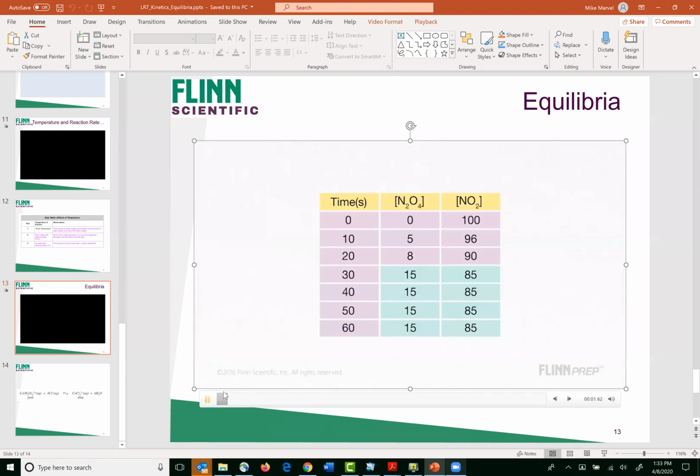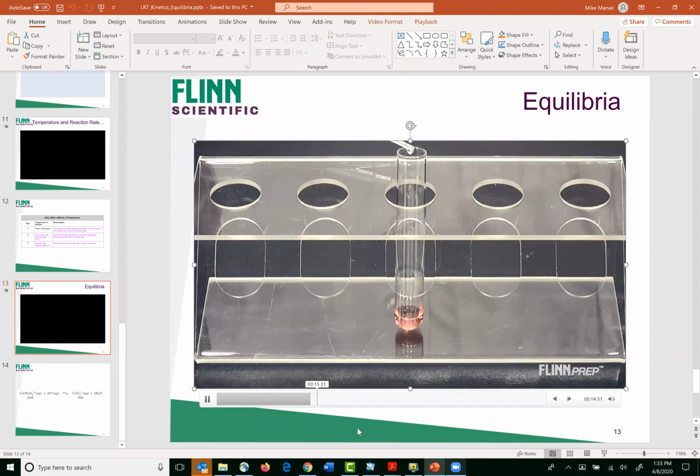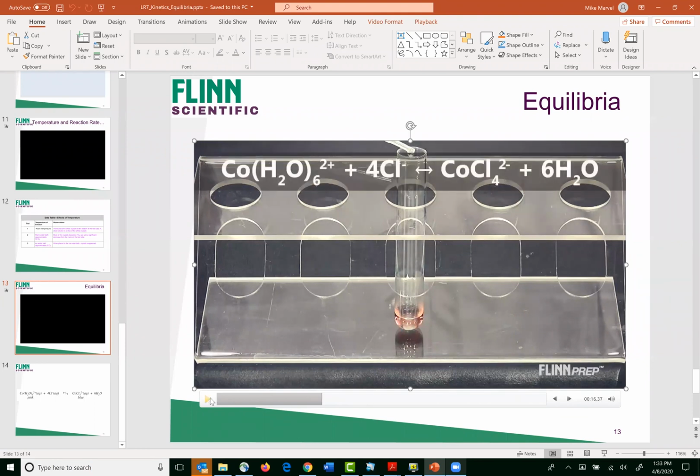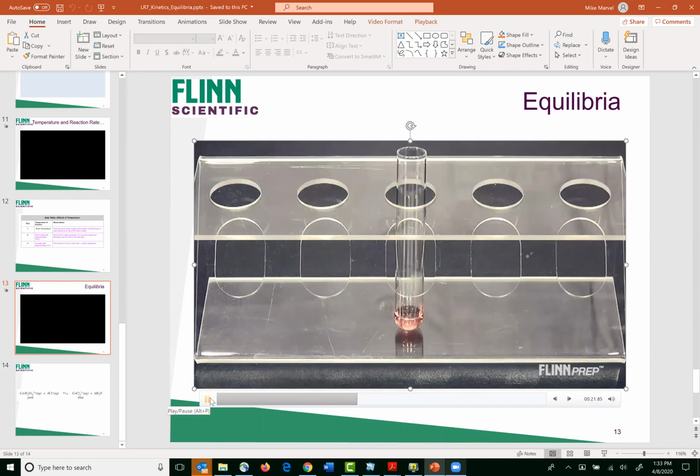You just saw data on an equilibrium. Let's look at an example of an equilibrium. So this is our cobalt equilibrium, and we're going to subject it to some stresses. It is an equilibrium reaction that can be shifted towards the products or shifted towards the reactants. The initial color of the cobalt solution is light red. If HCl is added to the solution, the color will change to purple. The change in color shows that the equilibrium